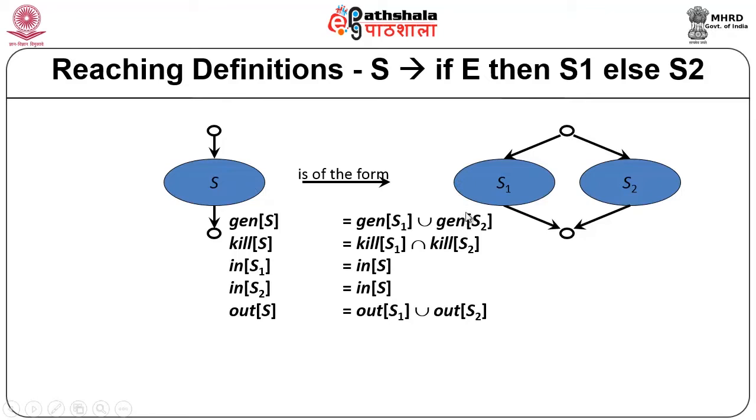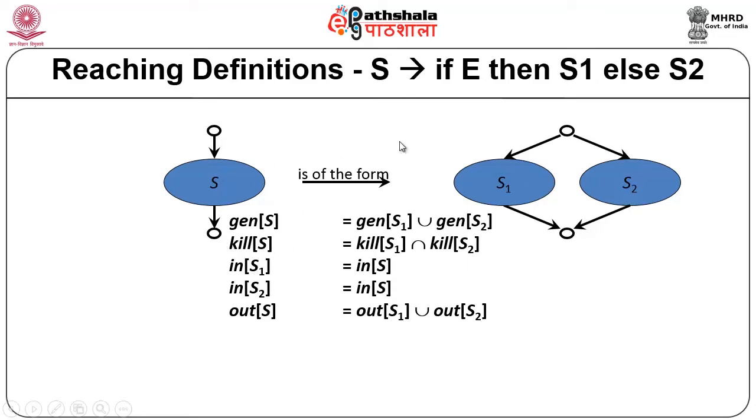But what about kill? Can I simply look at kill also in terms of gen? The answer is no. Supposing I choose this particular path, okay, it is nothing but only kill of S1. It is not going to consider kill of S2. Okay. But sometimes if you take this particular path, in that case it is going to be only kill of S2, it is not going to be kill of S1. So, what happens actually is, why am I looking at the intersection is, sometimes S1 and S2 may not have a commonality definitely. So, it will be either kill of S1 or kill of S2 only, but not necessarily both. So, that is why it is kill of S.